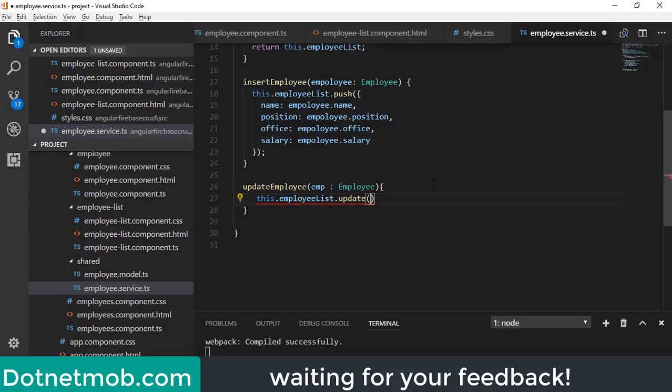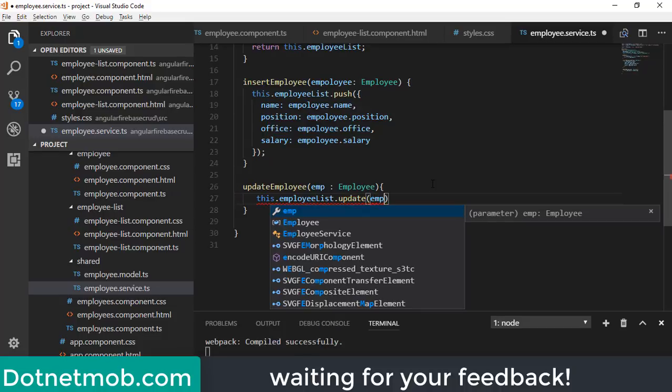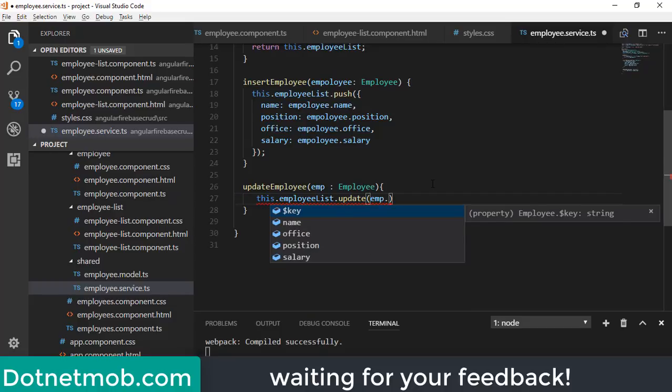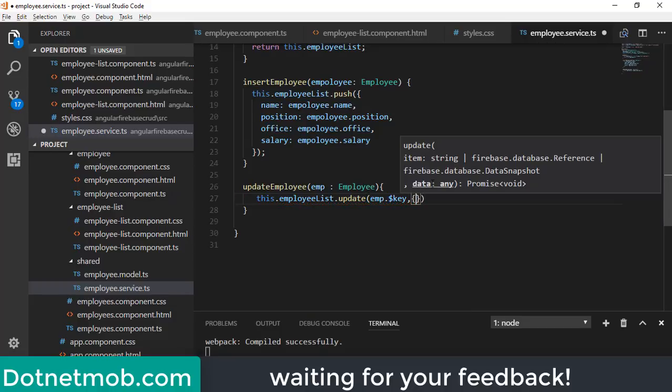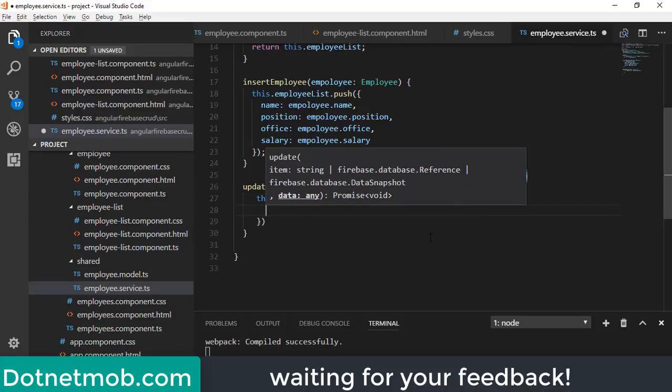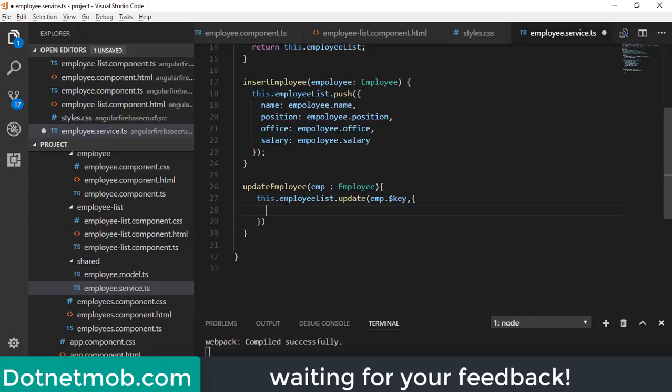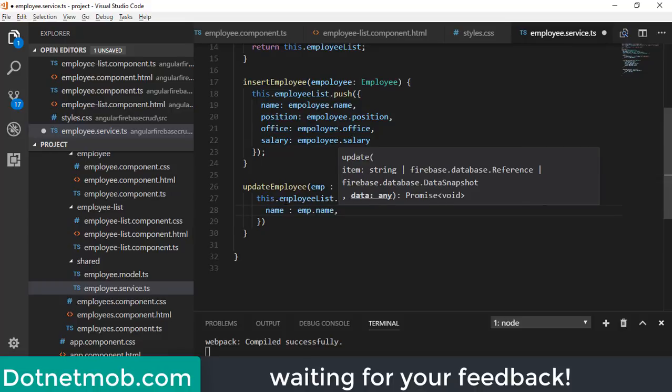First parameter will be the key, so we can pass key here emp dot $key, and next parameter will be the object, that means actual data of employee. So we will pass like this, name is equal to emp.name. Like this we have 3 more parameters.